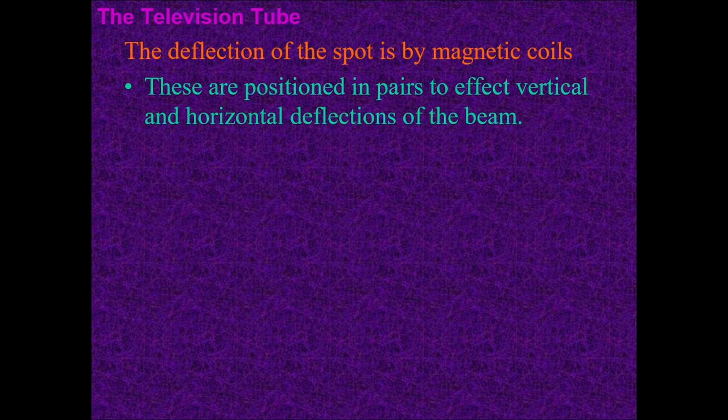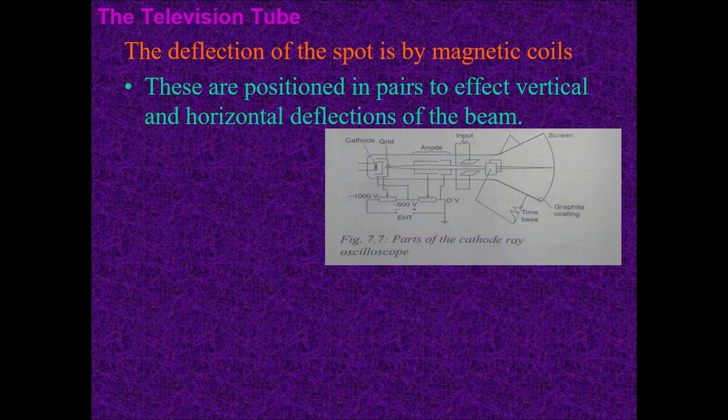Now, the deflection of the spot by magnetic coils. These are positioned in pairs to effect vertical and horizontal deflections of the beam. Now you note that this is what we have covered as the cathode ray oscilloscope, and this is what was originally the television that we used to have. But to reduce that particular distance between the back of the TV and the screen,